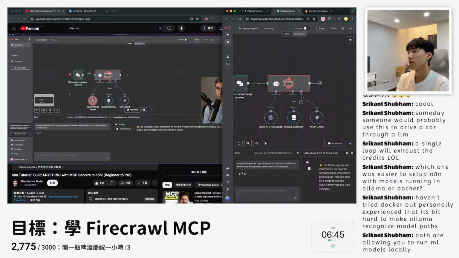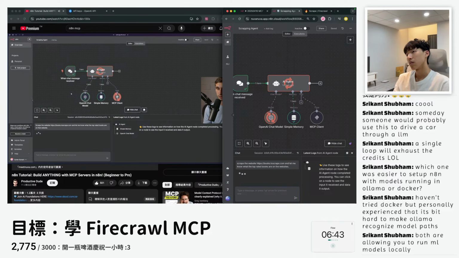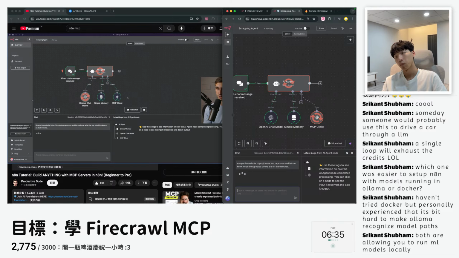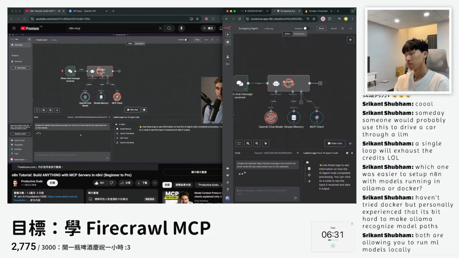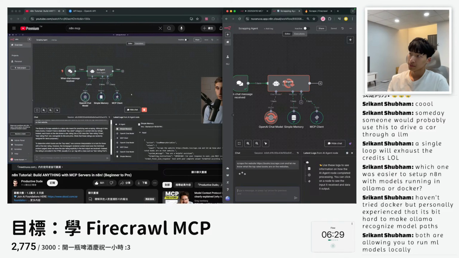And the AI agent is going to go to work here. It accessed our chat model, checked the memory. Now it's trying to use that MCP server tool. All right, perfect. We got a green check mark. That's a good sign. And we'll see what it responds with here. It should come back with some context from our MCP client. Okay, perfect. So it did come through.